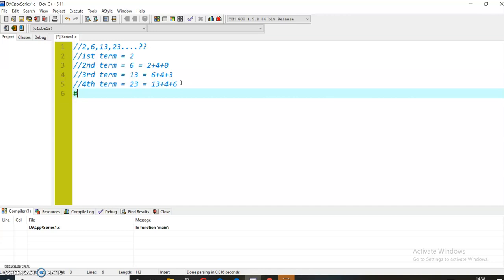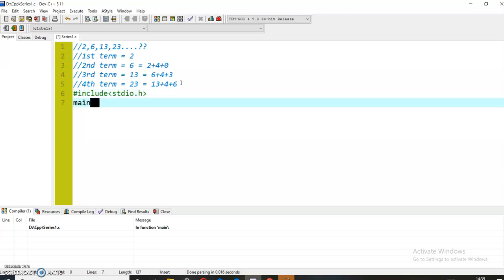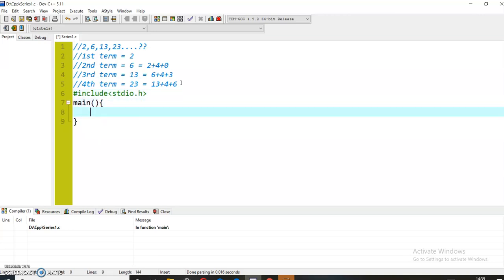First of all, I will include the stdio.h header file. Now I will define a main method, and within that I will take a few variables: n, i, a and b.